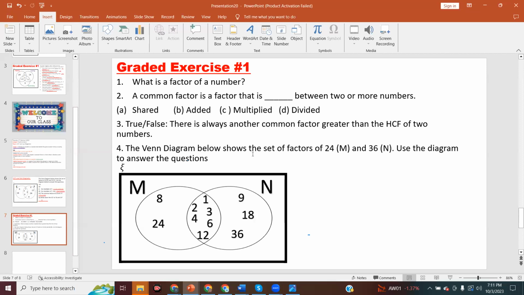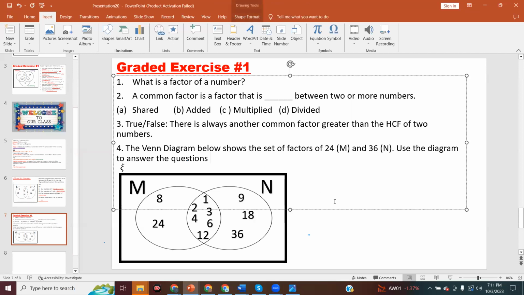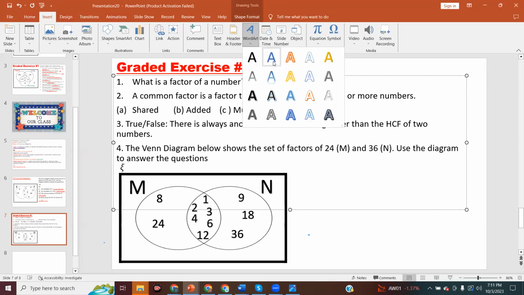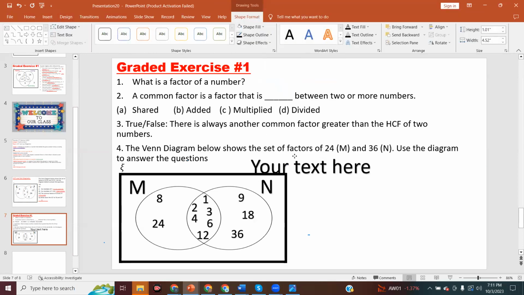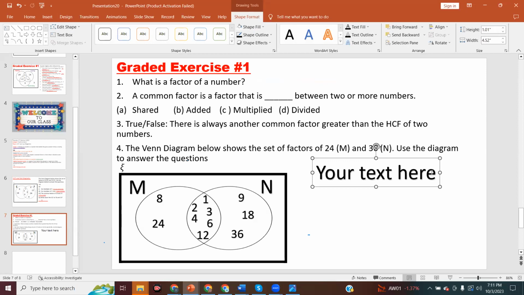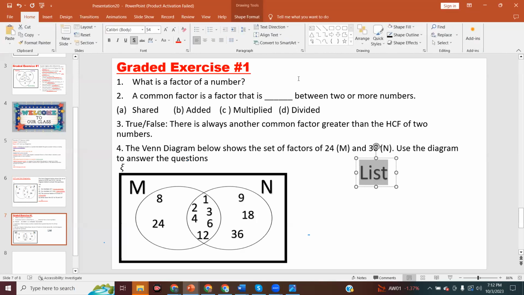Good. So the first question says, so obviously here you want to list. This one on the side I'm going to put on the side is for the diagram for number 4. Again, the one that I have here is for the diagram for number 4. So I have here list